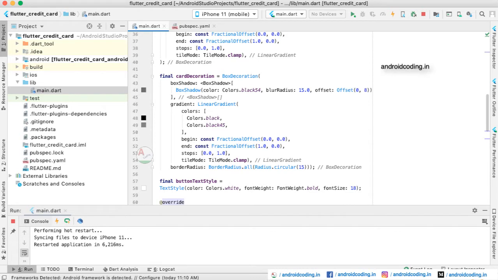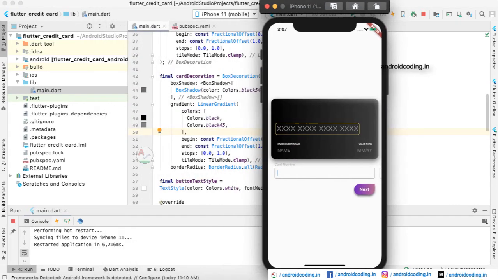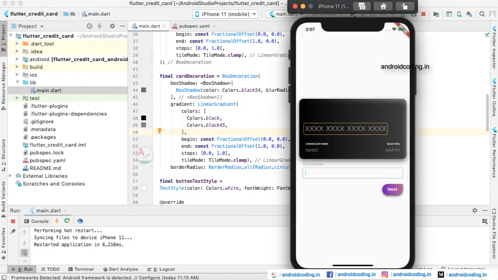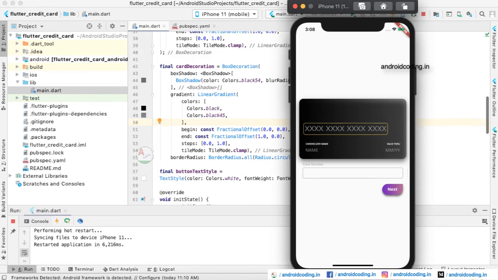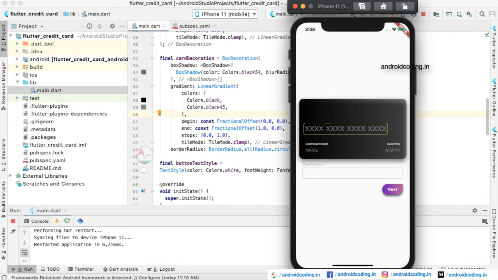The card just appears as a real-time card. So now let us see the output, and you will get the clarity. Here you can see this is a card, and here this is the card decoration. We have provided a shadow color. Here you can see below the card, and to the right side of the card, you can see the shadow, and we have provided the colors black and black 45. So on the left hand side you have the black, and on the right hand side it's black 45, a little bit lighter than what the black appears to be. And here we have provided the offsets, begin and end offsets, and stops and tile mode to be clamp. And these are again design parameters, design requirements upon your application.